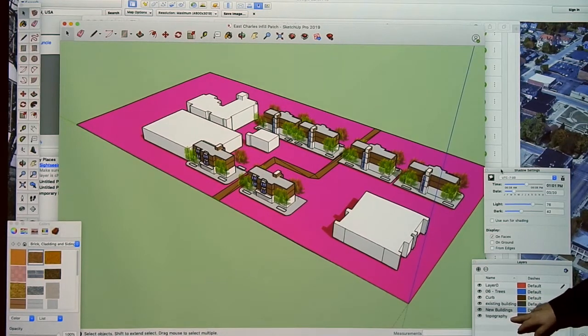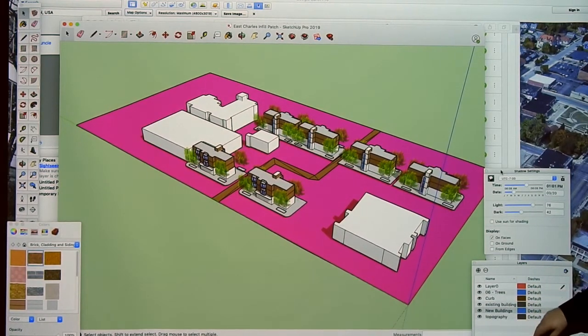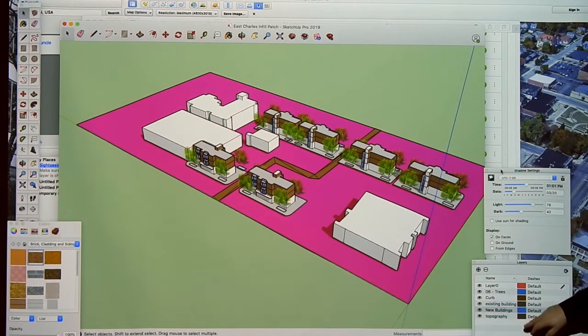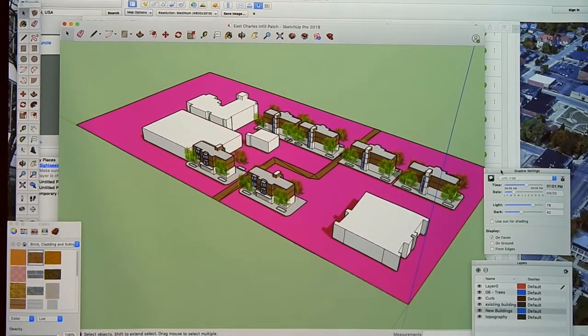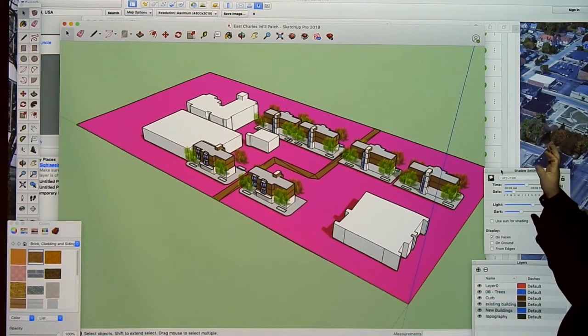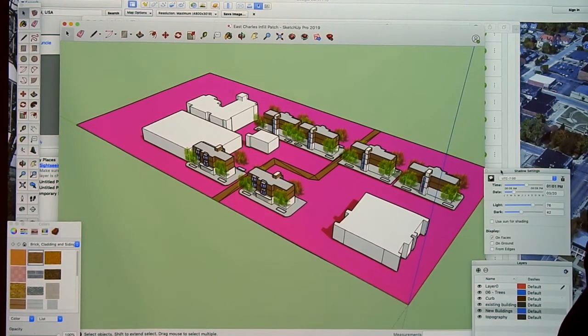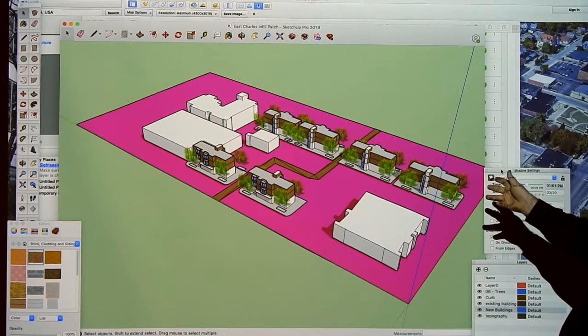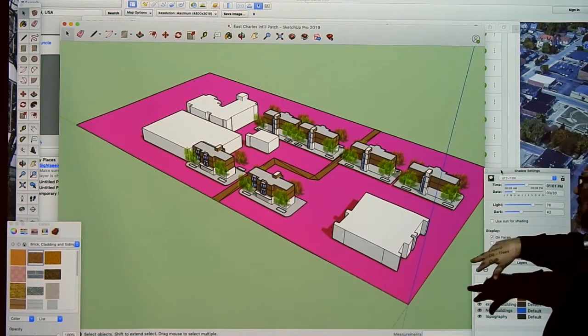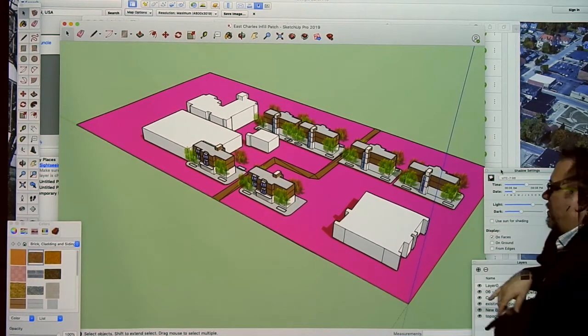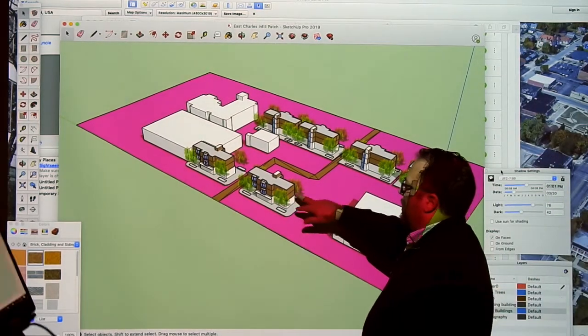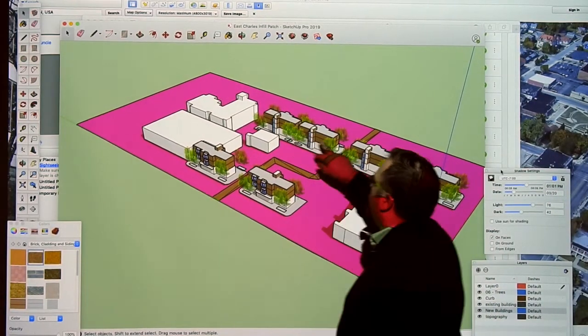Curved existing buildings, new buildings, topography, and layer 0. I have painted the topography pink. You'll find out why in a little bit. It is a way of allowing the aerial to be somewhat diagrammatic as well as illustrative. But the meat and the bones of this particular model are the existing buildings, and then these new components which